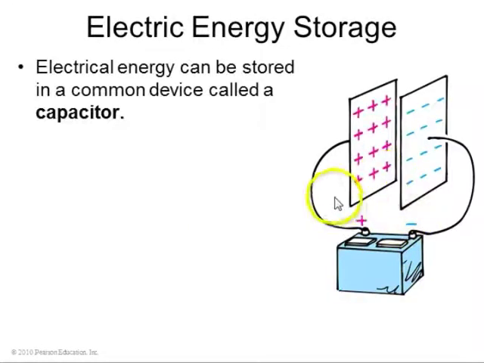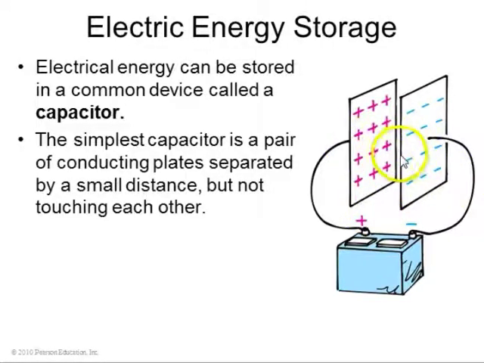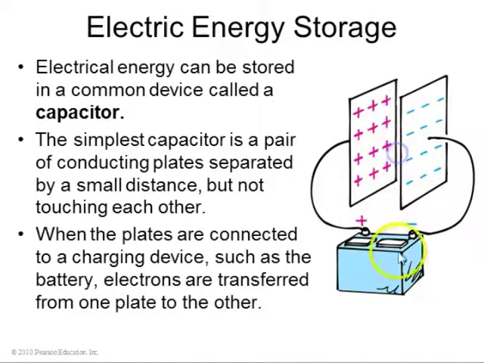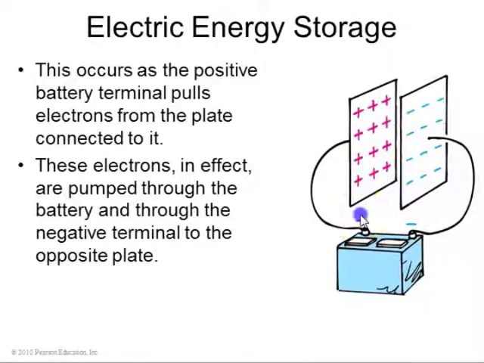Lastly, I want to talk about capacitors. You can store electric potential energy using two parallel conducting plates that are separated by some distance. If you hook them to a battery, the battery can pull negative charge off one plate and push it onto another plate. So the minus is connected to the negative plate, the plus is connected to the plus plate. And there's an attractive force here, so that if you now take this capacitor and hook it to something else like a motor, then as it discharges, it can release its electric potential energy and drive a motor.